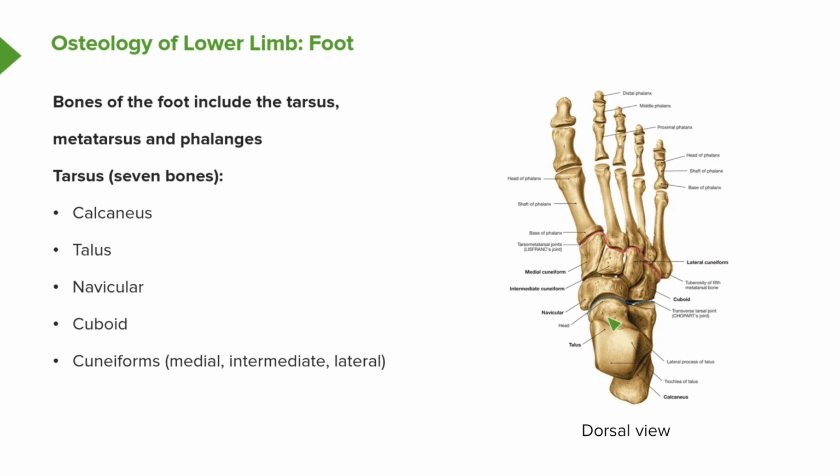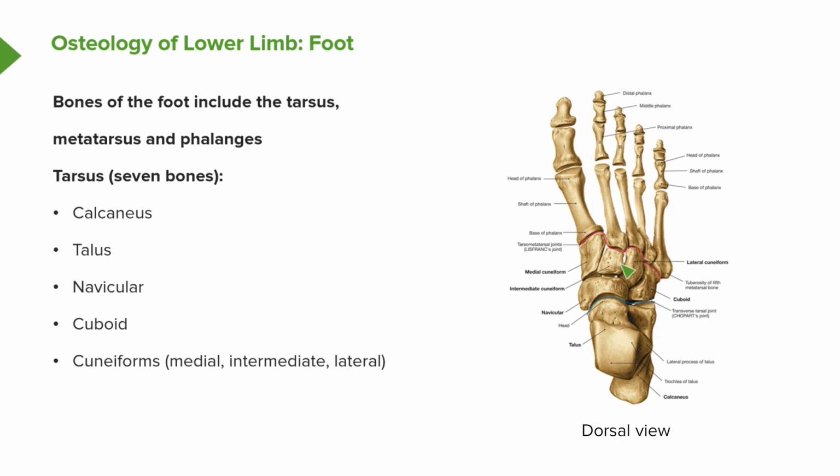And directly in front of the talus, we can see we have the navicular. So we've got the talus here, we've got the navicular, and then we move lateral and we find the cuboid. We then have 3 cuneiforms that are positioned anterior to the navicular bone. We have the medial, the intermediate, and the lateral. So we have the talus, we have the calcaneus here, we have the navicular, the cuboid, and then 3 cuneiforms,